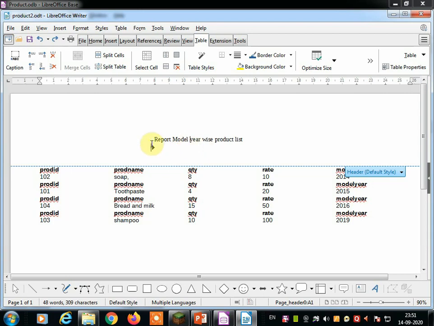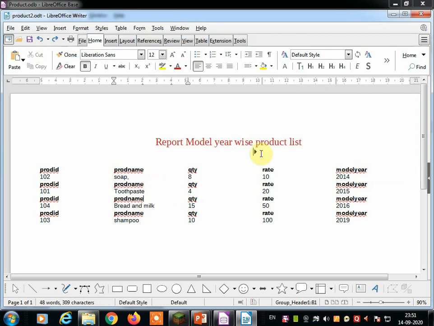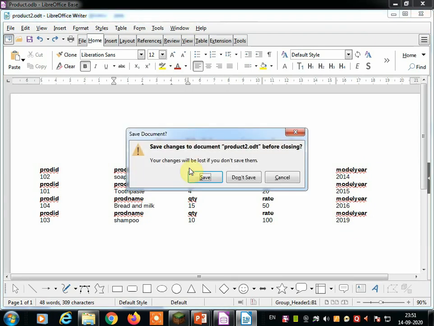Model year wise product list, you can format this, increasing or decreasing the size, and you can see here model year wise 2014, 15, 16 and 19. This report is generated on the model year. So you can save this report also, close this and click on save.